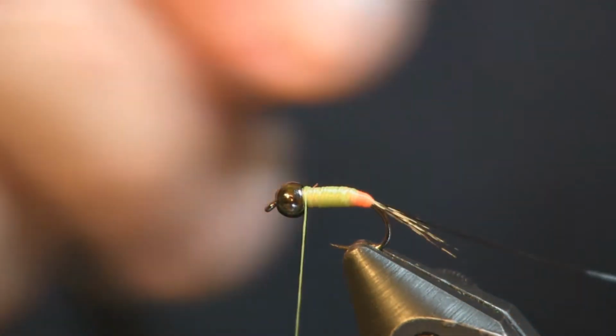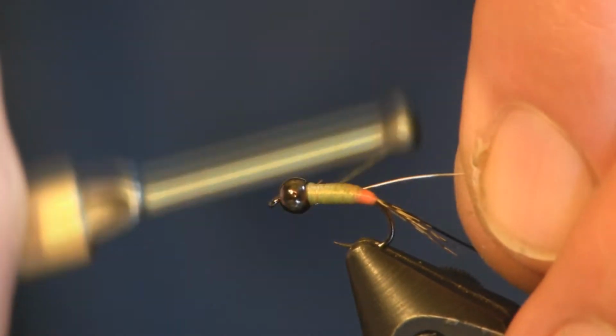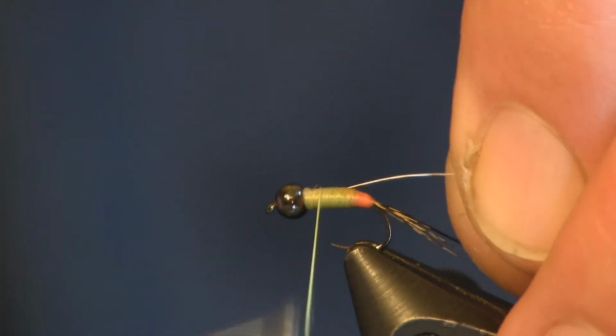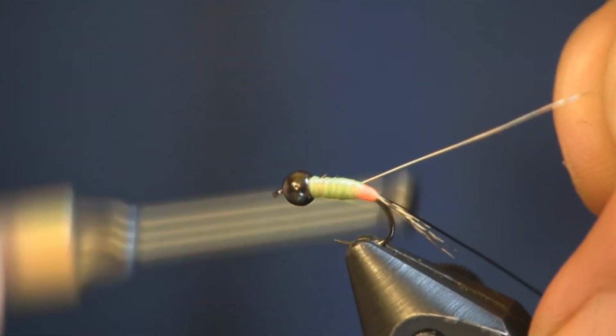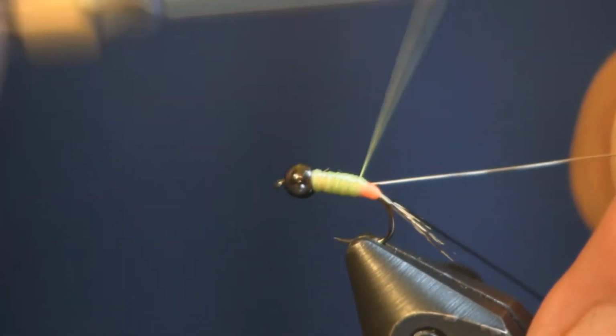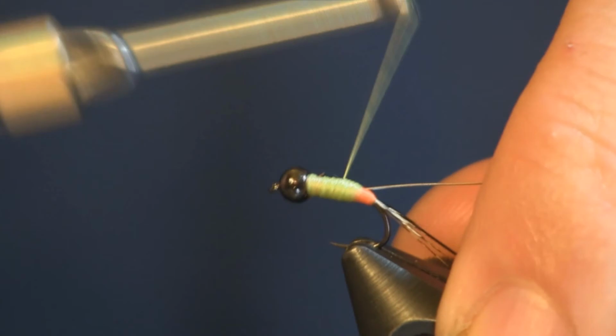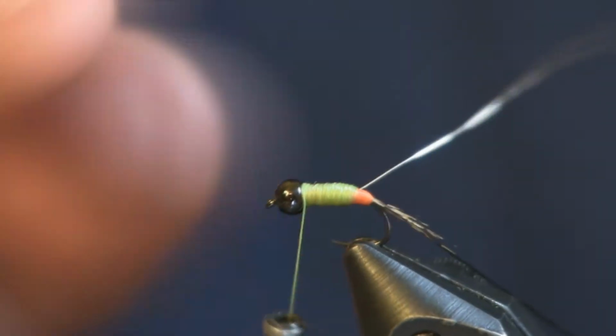So I have two pieces of wire on here, with the black one being bigger than the silver one, and I'll achieve the same exact effect that I would have got by tying it the way that the other guys tie it, but it's a little bit more durable, and the fish isn't going to tear this up. Okay, now you can see how I got a nice